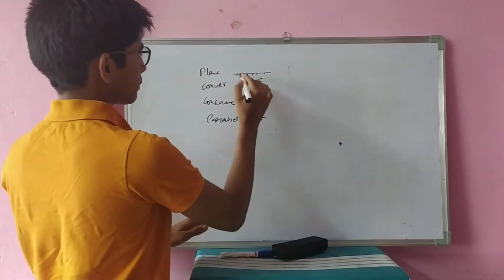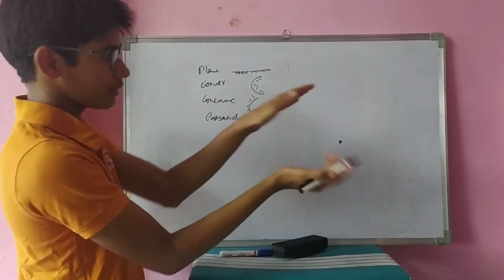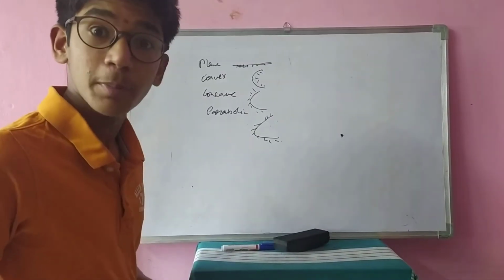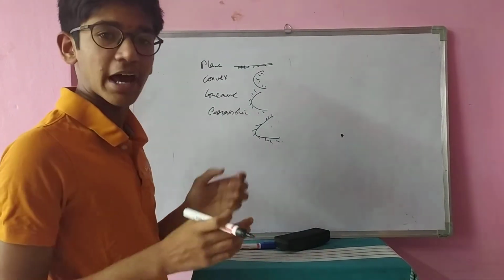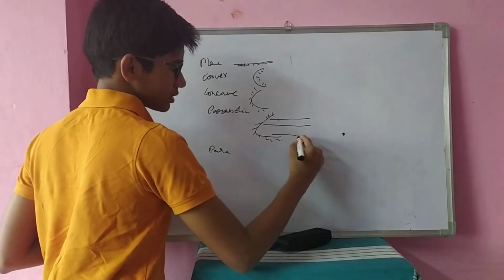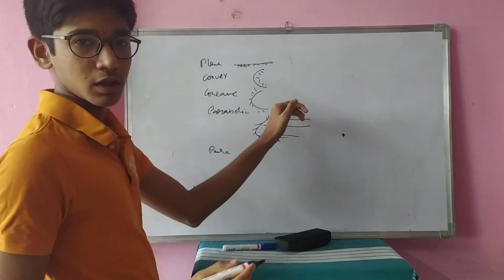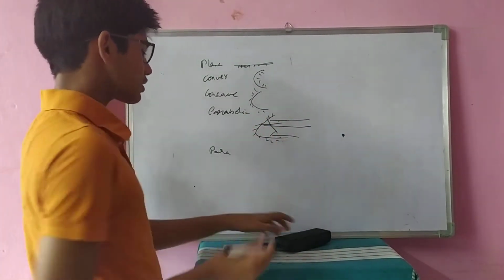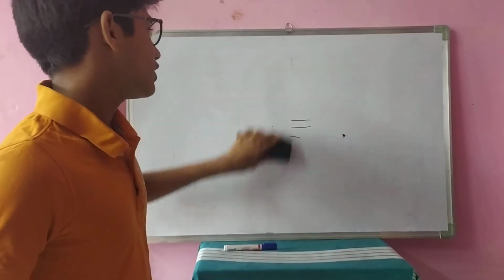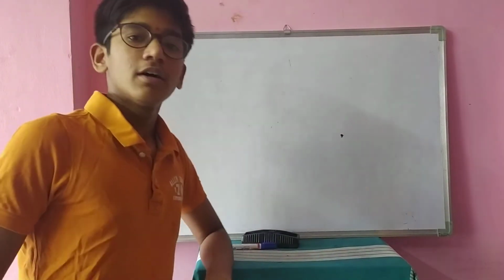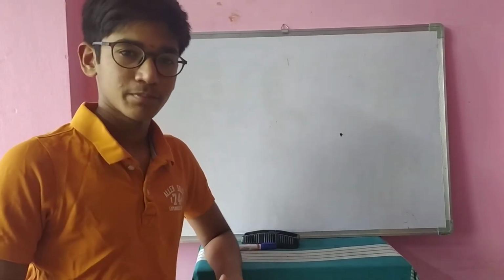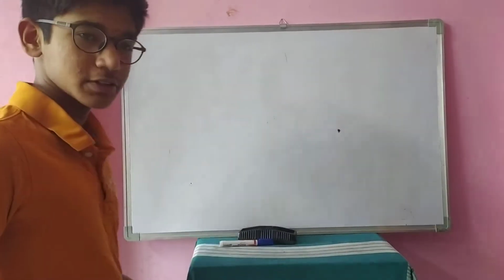In the sense we take a plane mirror and now I am bending it in the form of a V shape. This mainly avoids parabolic rays, in the sense paraxial rays. Paraxial rays are nothing but parallel rays which hit the topmost surface of the mirror. We'll discuss this topic in later sessions. And now, today we are discussing a new topic, that is the number of plane mirror images formed when two plane mirrors are inclined at some angle. We had given a brief introduction in the previous class.